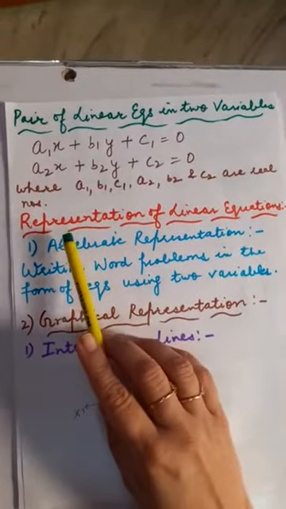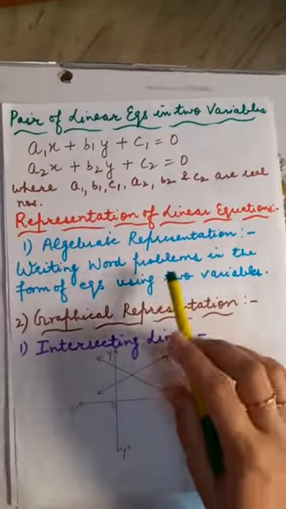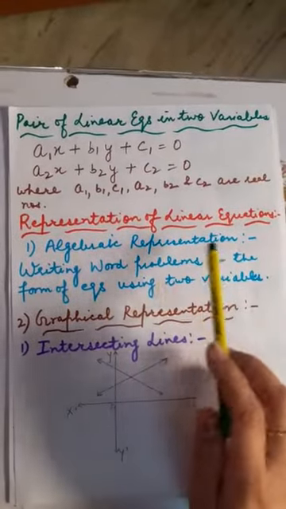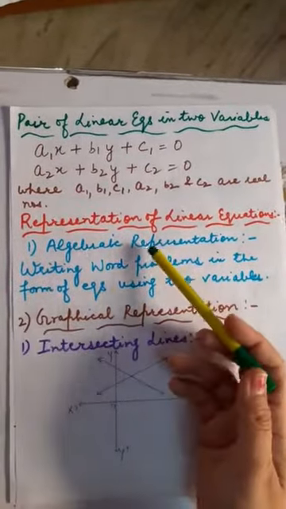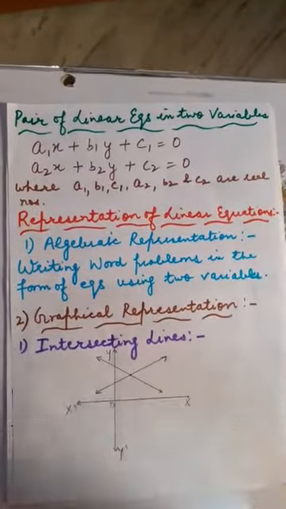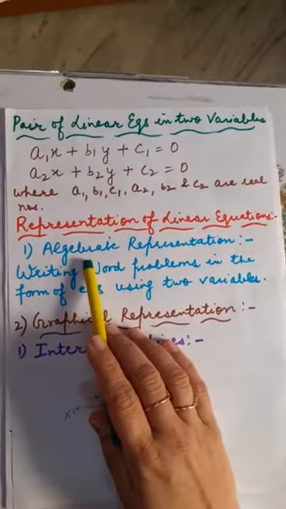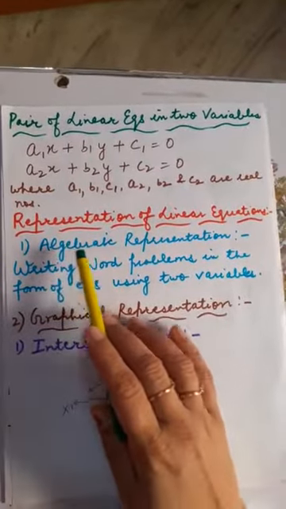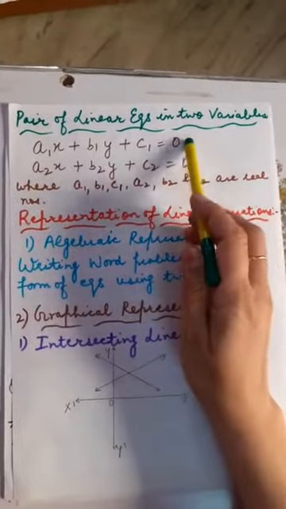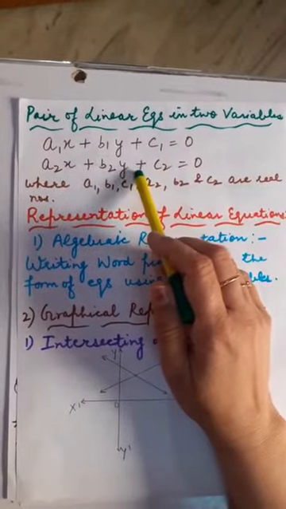Now, let us switch to the next concept, that is representation of the linear equation. Linear equations are represented in two ways, which I am going to cover today. Number 1, algebraic representation. Through the name itself, you can judge very well. Whenever you have any word problem given, you are just going to frame a pair of linear equations using algebraic terms like variable as well as constant. So that representation is known as algebraic representation. Basically, this is the generalized form which I have written here at the top. This is also the algebraic representation only. Why?